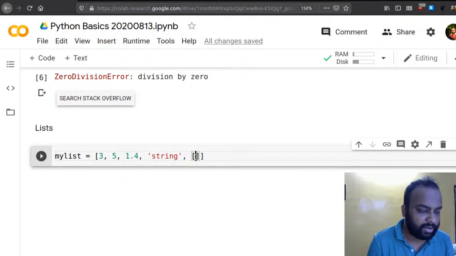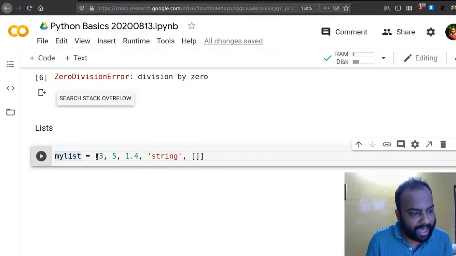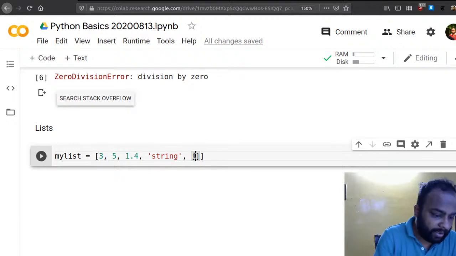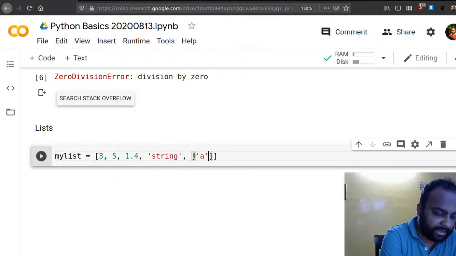Now here the elements are of different types. So in this list I have an integer, another integer, a float, a string, another list itself, which may contain a character and maybe a complex number,